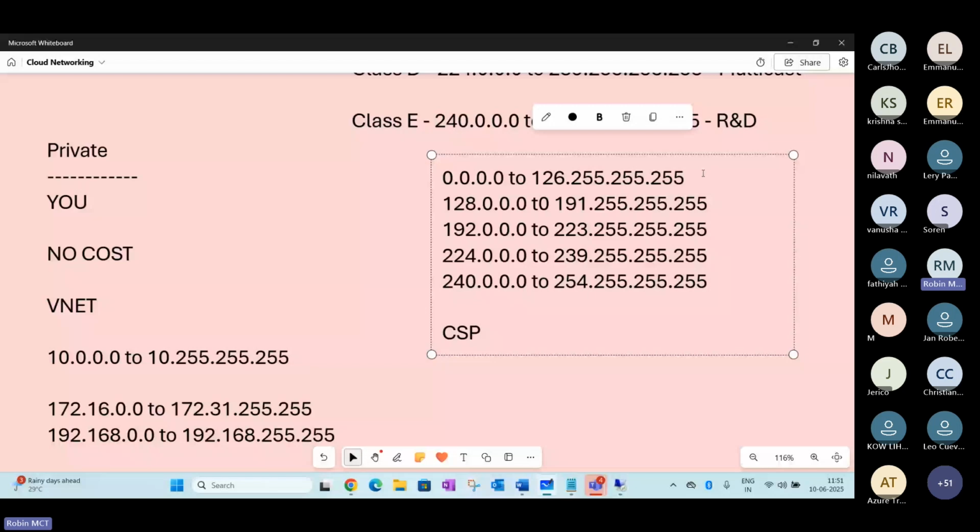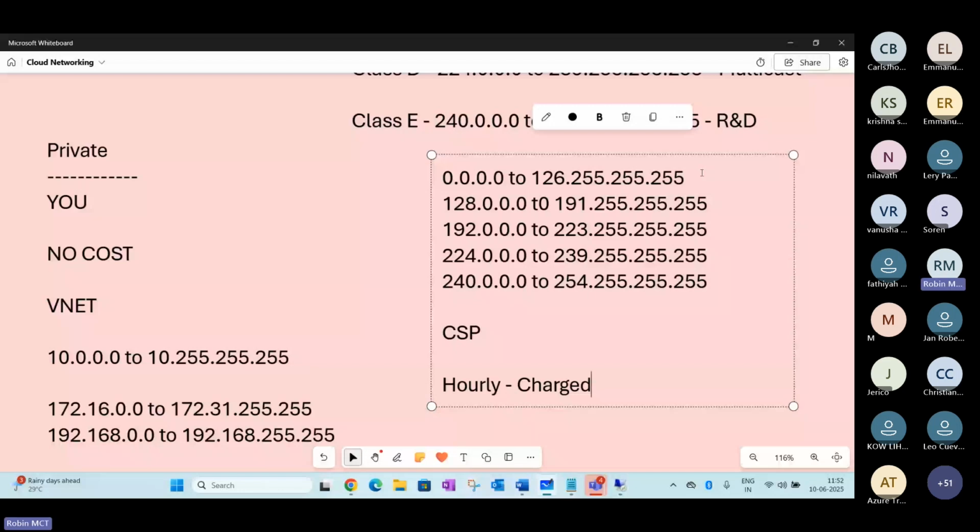By the way, normally the configuration is available in the cloud, and with the help of that you can configure it here. Another important point: as this is a CSP, whatever IP address you are using here is charged hourly. Whatever solutions you are using, it's charged hourly in the cloud. This is completely CSP configured.